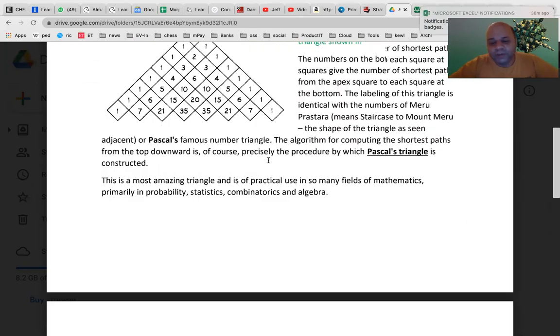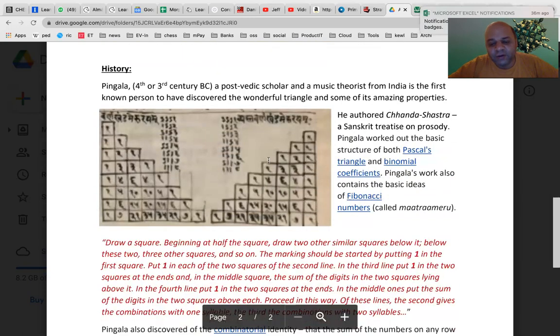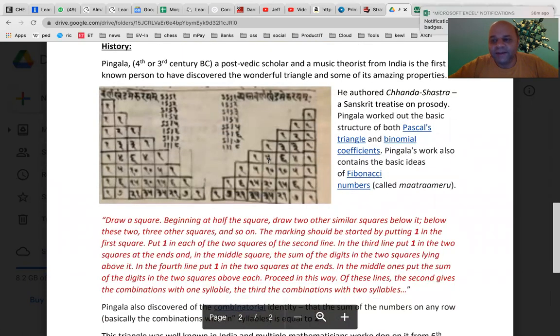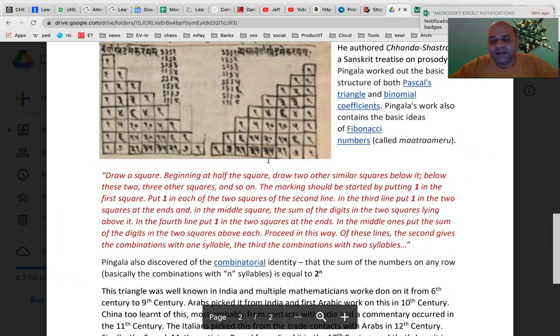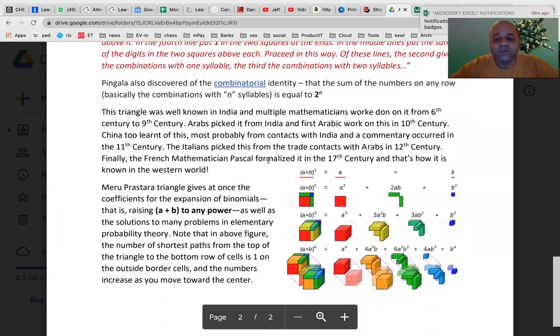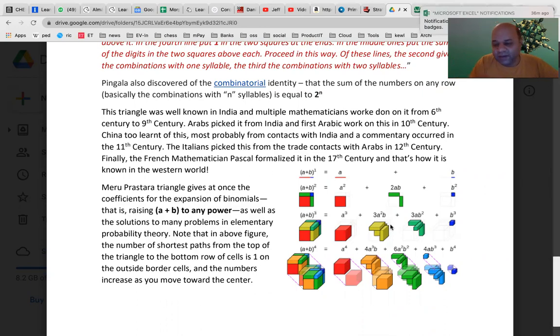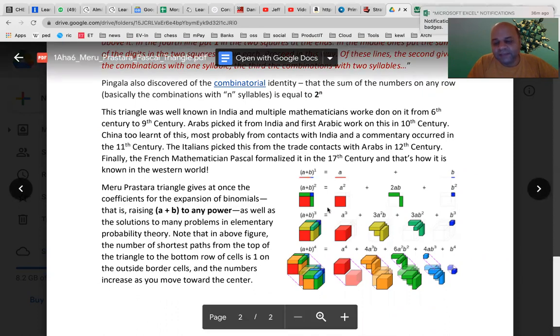So this is an introduction to Pascal's triangle. I will send you some links. Maybe I will try to find some videos especially made for kids to explain, and I will send them. Next week we are going to look at why this is very important. There are so many puzzles. You'll get the answer just with Pascal's triangle. You just need to look up: this is the row, this is where it is, and I get the answer. That is how it becomes. And it is not for one problem, it is for so many different types of problems. Even this I'm going to explain. You can just look at it if you understand it, but otherwise I will explain this in the next class.